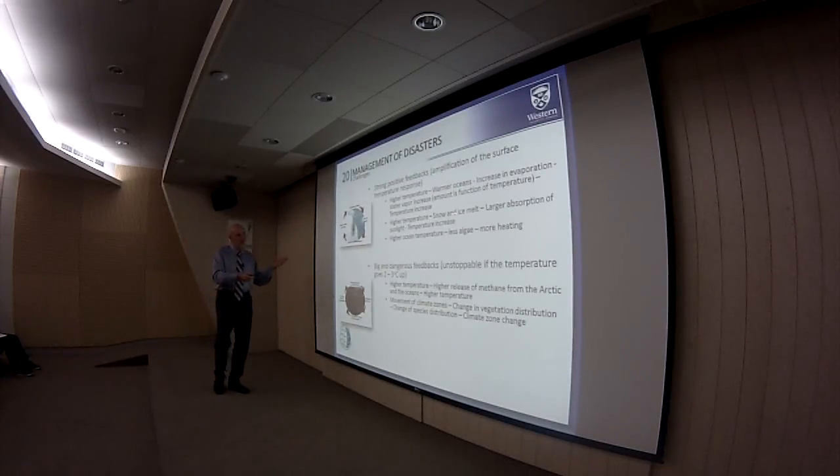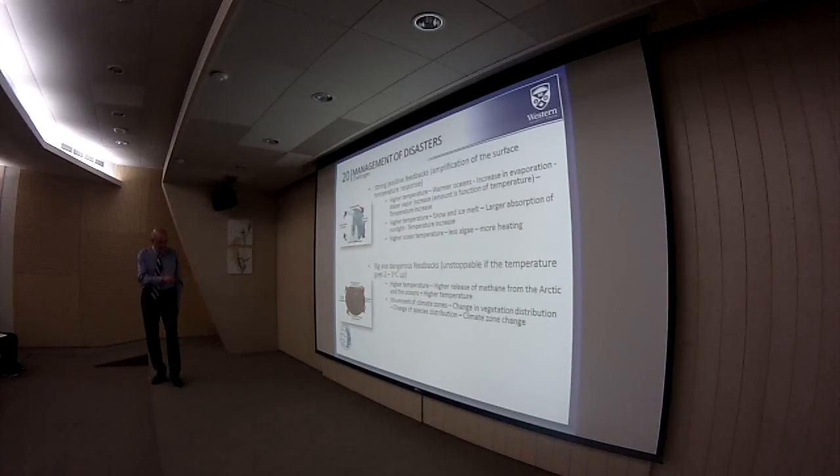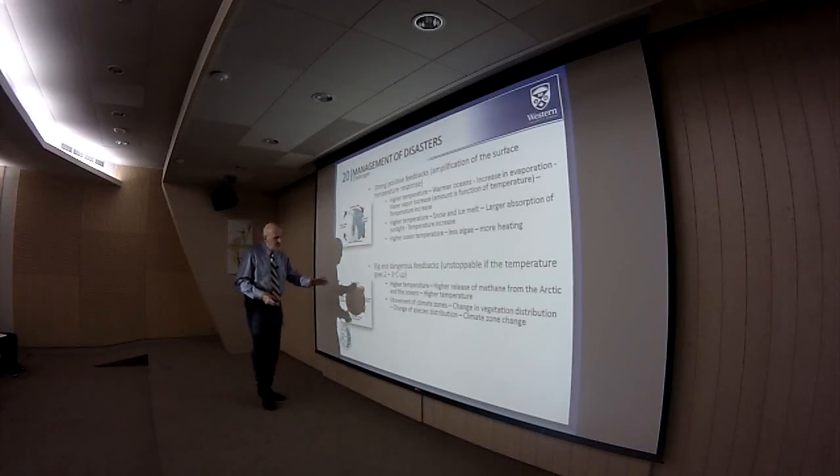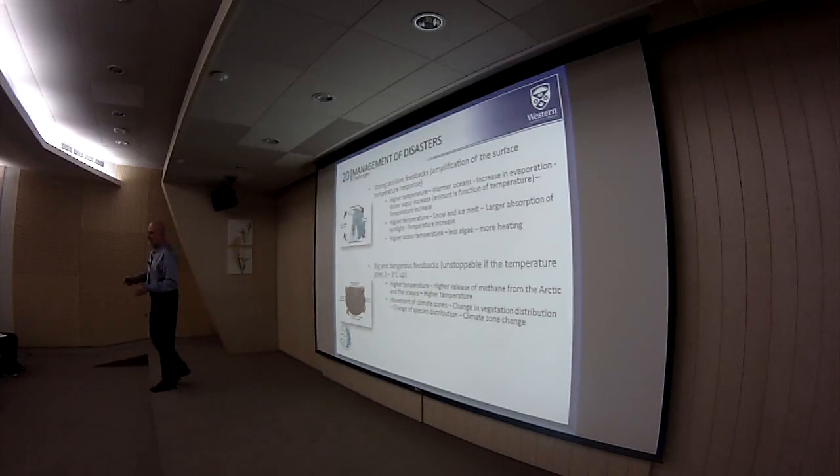Similarly, with the melt of the snow and ice, losing the white areas and basically increasing the absorption of sunlight will continue the process of losing more snow and ice and therefore increase the temperature. The more dangerous feedbacks are the feedbacks that may have a relatively high inertia, and if these processes are activated, we will have a very hard time finding the basis for controlling or stopping these positive feedbacks.